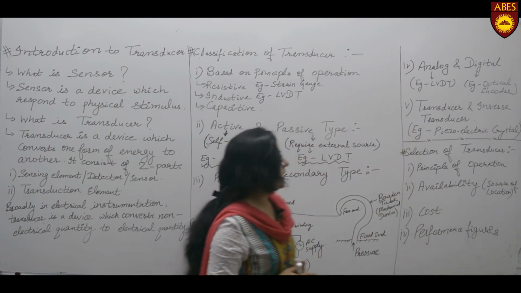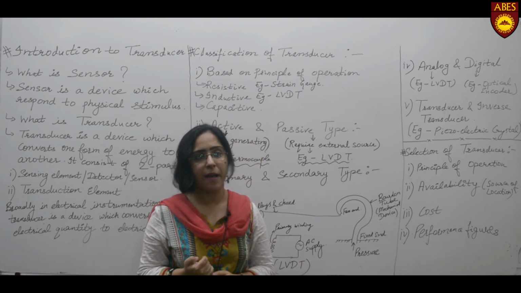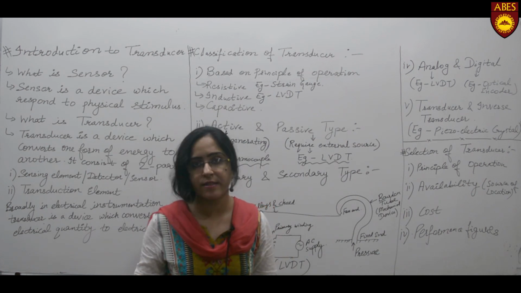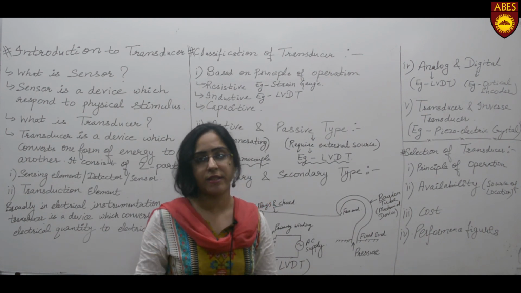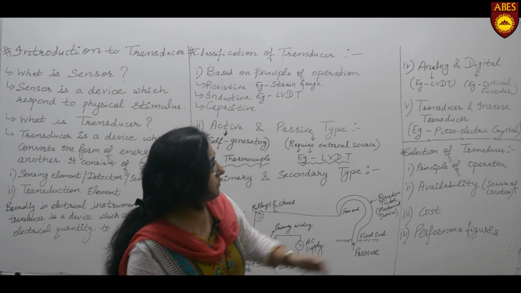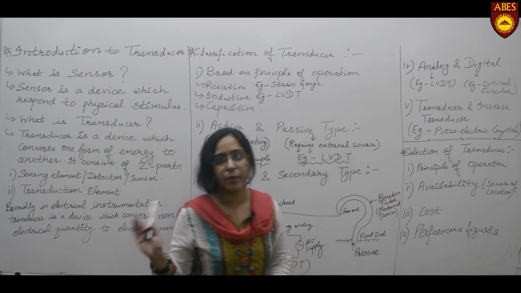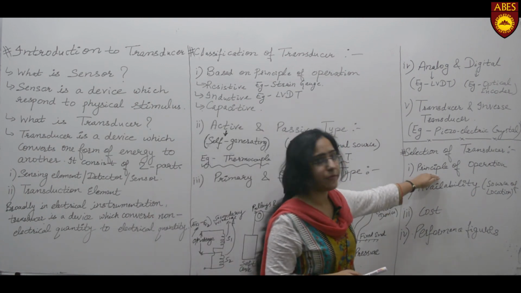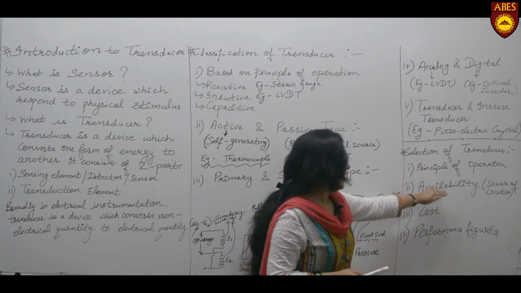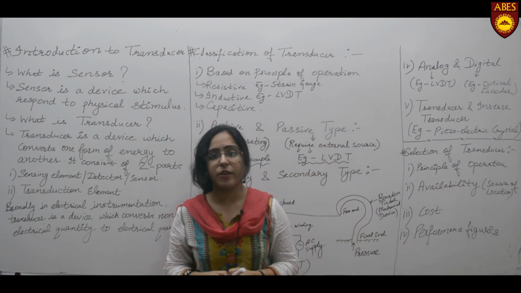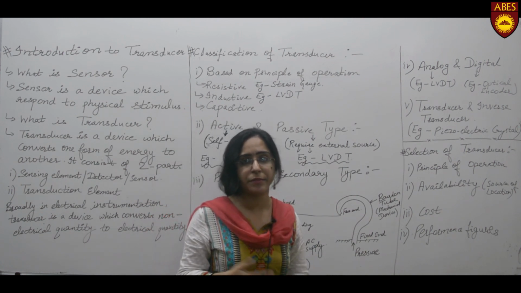Now further we can have the selection of the transducer, which is majorly important for any application. We have numerous sensors and numerous transducers, so how can we select which is better for our application? First of all we have to see the principle of operation, or the application we require, whether it is resistive, inductive or capacitive type. So first of all we have to choose that. Then we can see the availability of that sensor or transducer in the market, source of location, availability, whether it is portable or not.